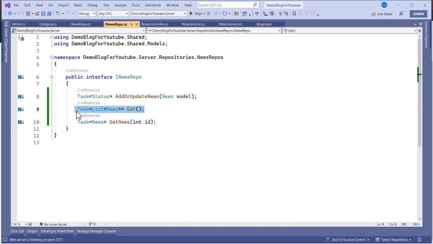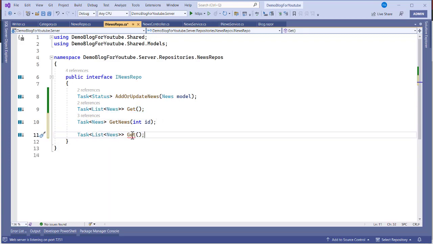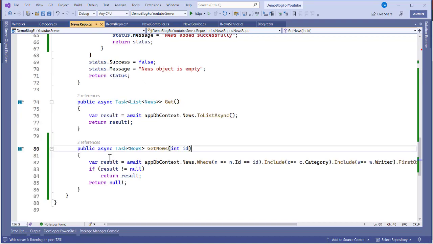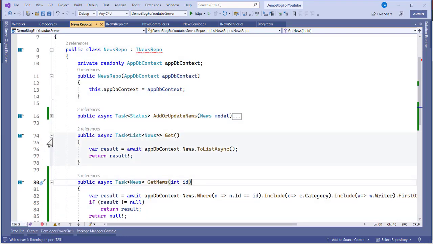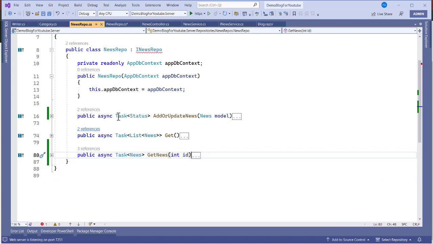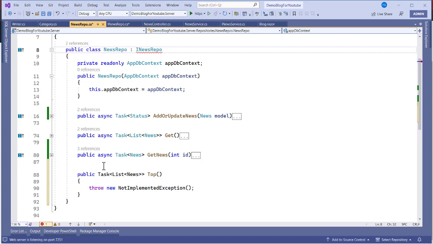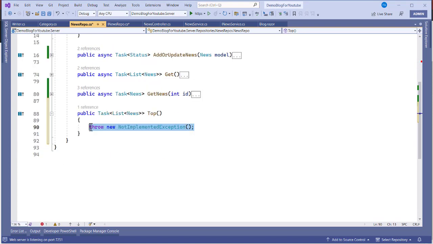Let's actually grab this one, and here let's use list of news and maybe top news. Okay, so here you're going to get 8, and let's see news repo. Let's minimize this, and implement interface. So here is going to be one result